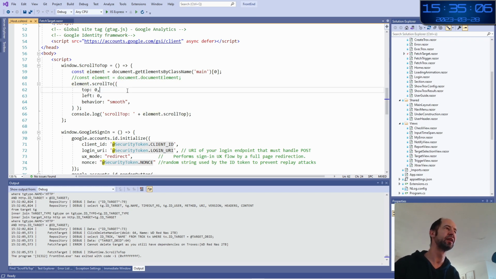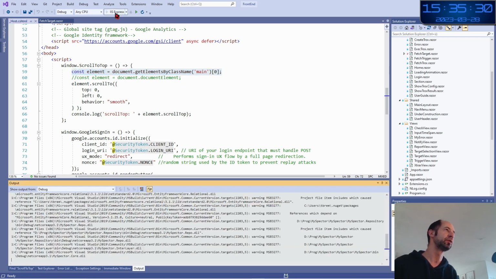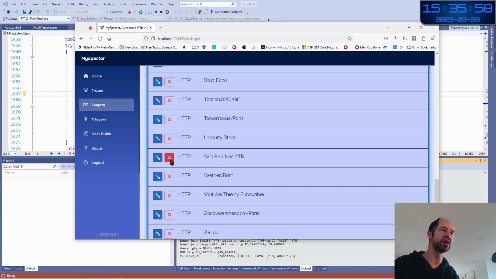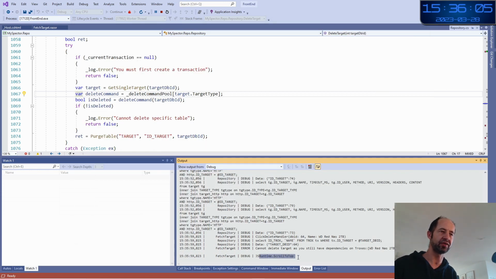Currently, you will notice that the page is not going up because this page here has a bug. Let's troubleshoot together the bug of this code by using the debugger tools to understand better why this code is not working. So I'm going to select this piece of code, run the Blazor server. Here I am going to click on the delete button. The page does not go up where it should go. And you see here in the debug, there is a call to the JavaScript method.